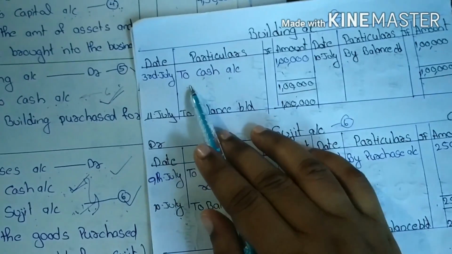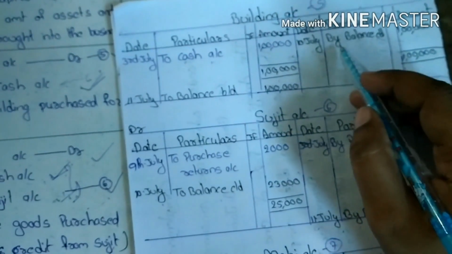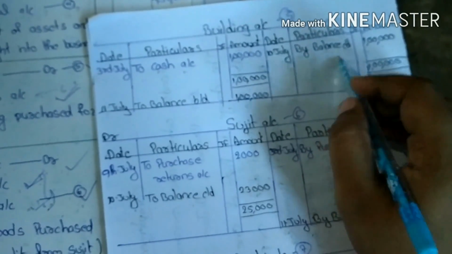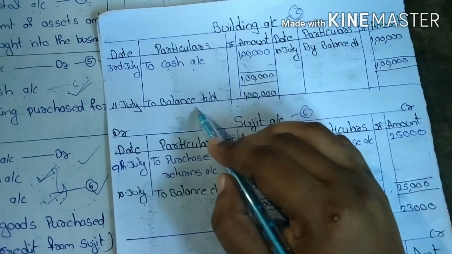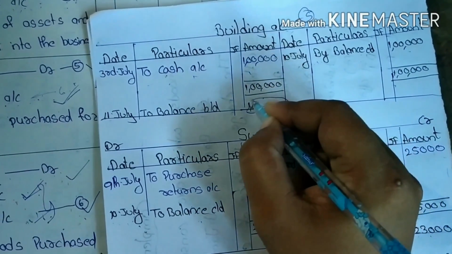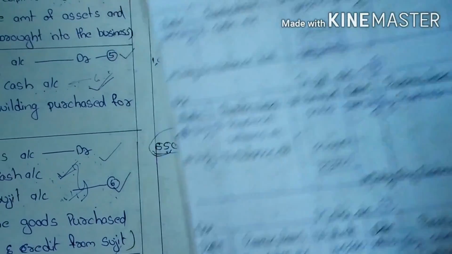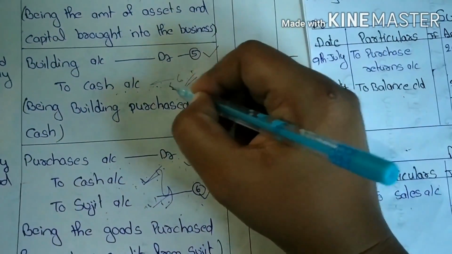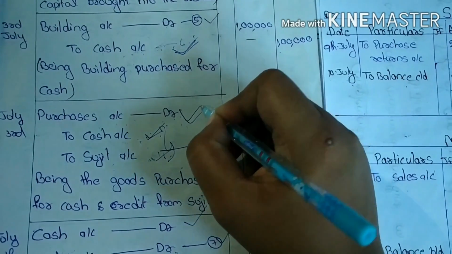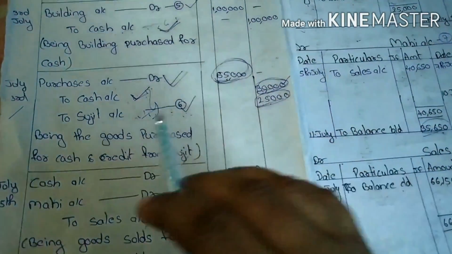So on the debit side, on 3rd July you have to post to cash account 1 lakh. So there is no credit balance here. So the difference, 1 lakh, should be carried on to the end of the day. And this carried on balance is brought down to the next day, that is 11th July, to balance brought down. So on 11th July, the buildings balance was 1 lakh. Okay. This is the 5th account and it was also completed. So the cash account should be over now. Next, purchases also completed. So all the transactions which relate to purchases should be posted, and the cash account should also be posted. So next one, Sujit.